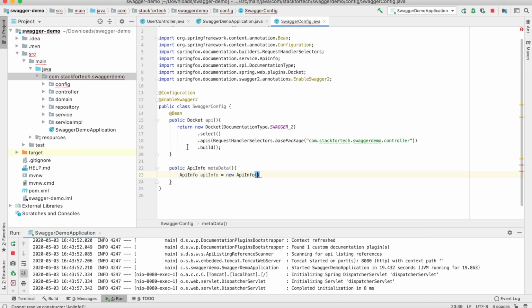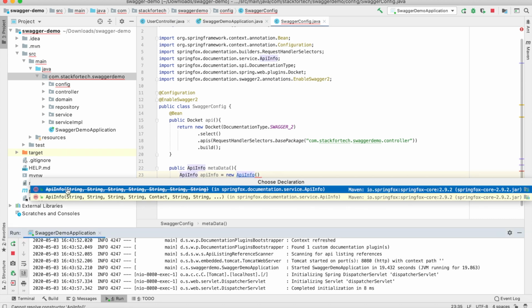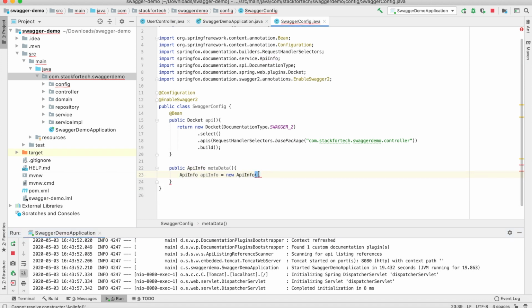Inside this we need to look at what all this class accepts. As you can see, this is deprecated and it accepts four strings, then a contact object, and then two strings, and then varargs. For simplicity, I'll just add empty strings for the first four.